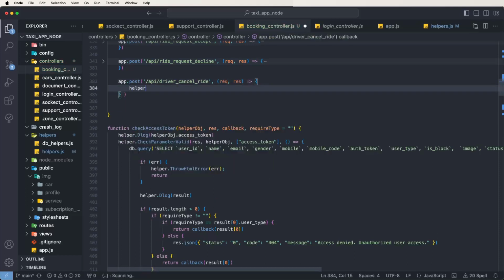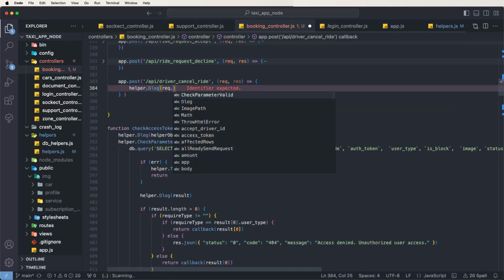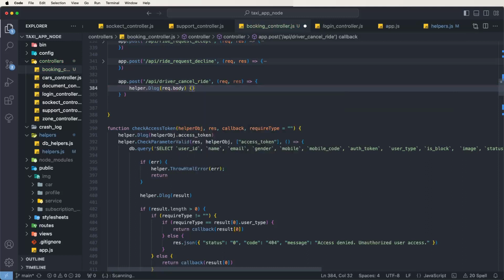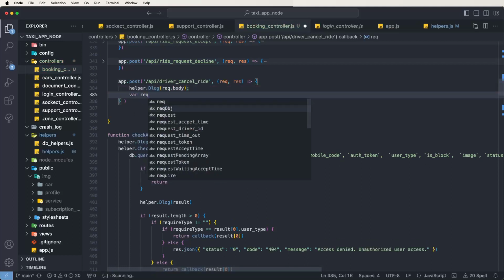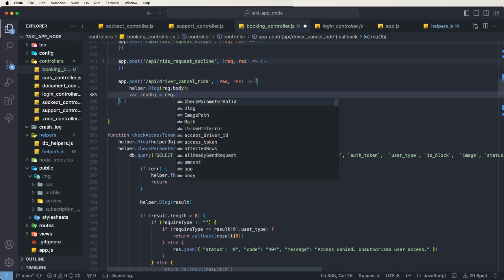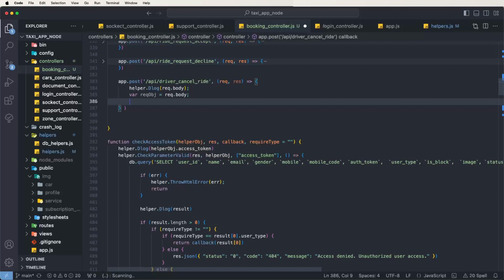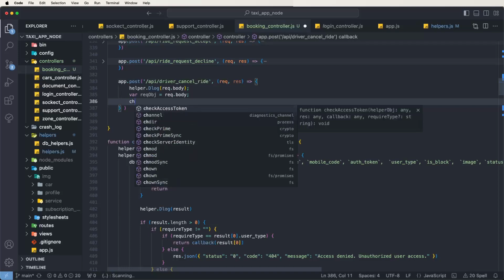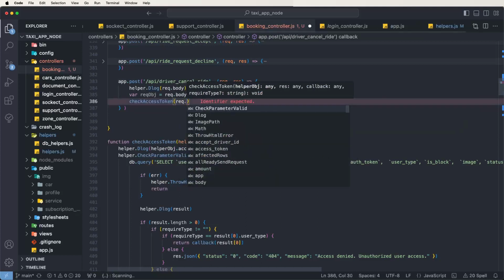Now we need to write helper.logs and write down the request body, print these parameters. Now we need to save this variable inside the request object, inside this value request.body. We need to use this, and then afterwards verify the access token for these users. We need to write down the access token, given in the request headers, request.headers,